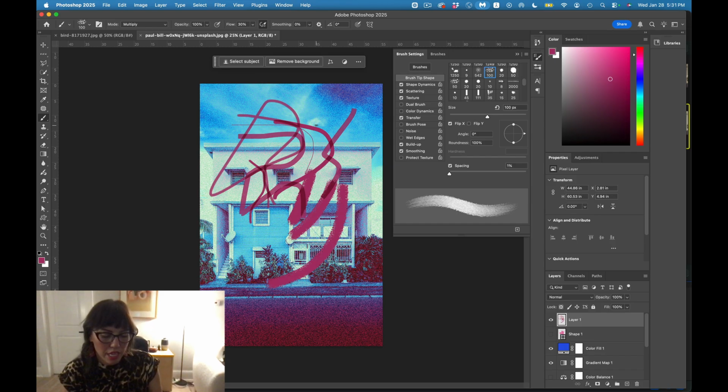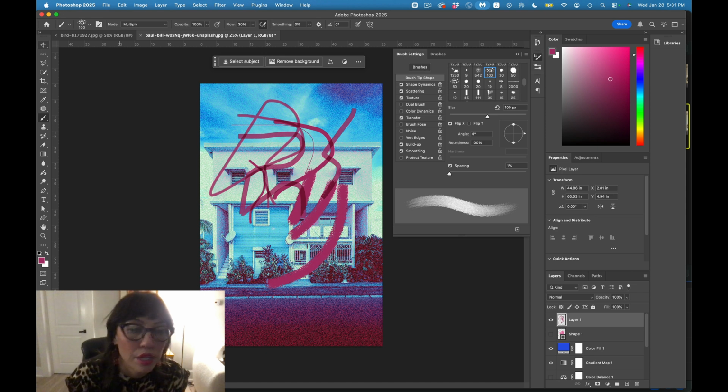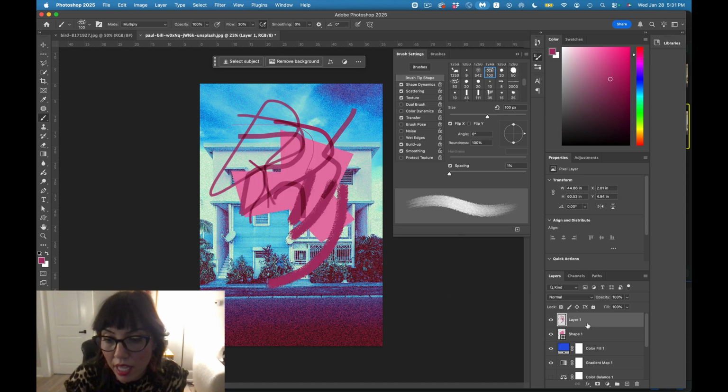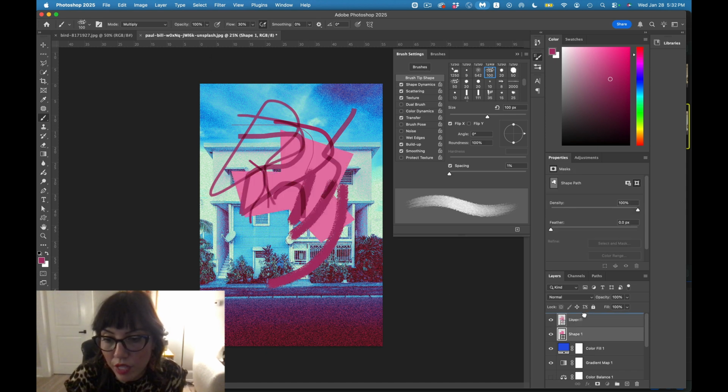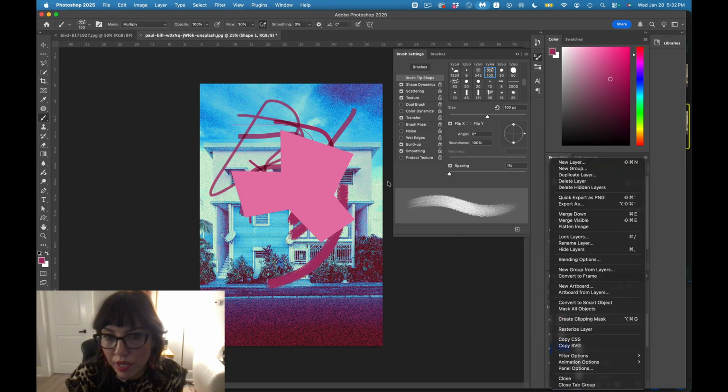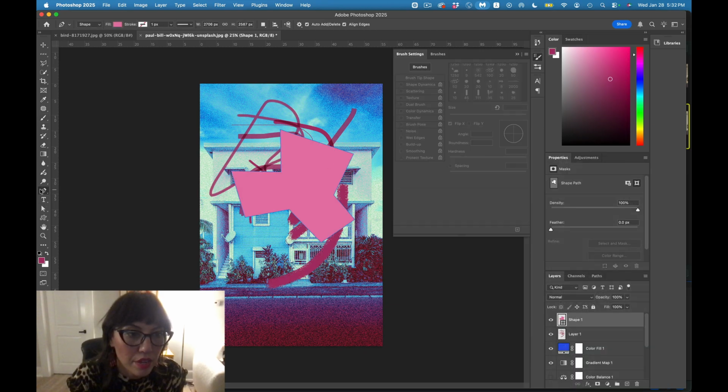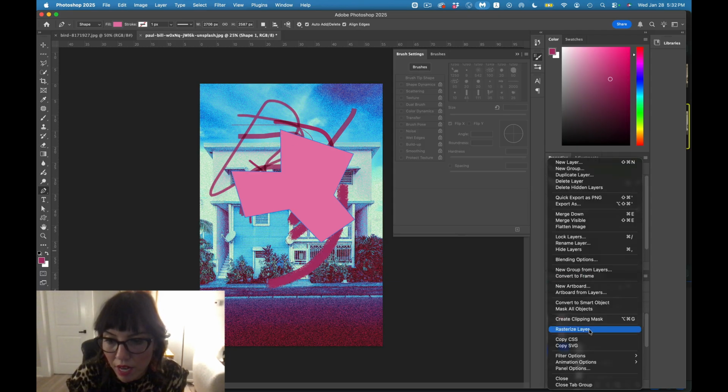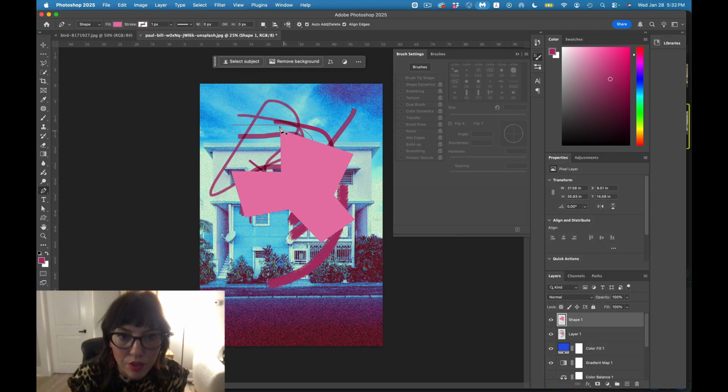And for today, what else was on the list? Transform tool. That was the other thing I wanted to go over. So let's say we had this shape and I'm going to rasterize it. So again, I just want to show you what that does. So I have the pen tool. We can see we have these points here. It's a vector. If I rasterize this layer, now it's no longer